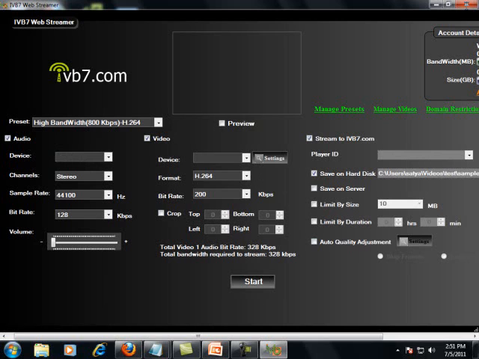Now this is all about the package and the installing of your driver software and how it identifies your IVB7 webcaster, and what is the difference between the webcam and the audio device or video device of the IVB7. Let's see the working of this web streamer as well as the portal right now.